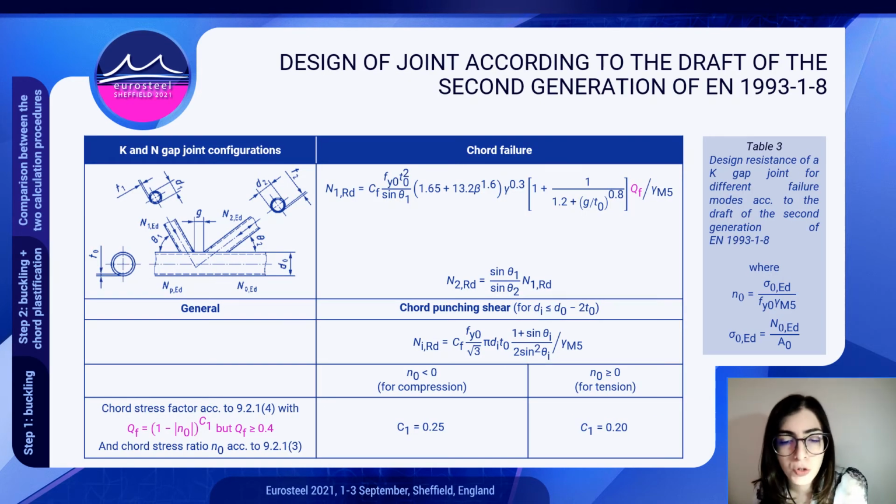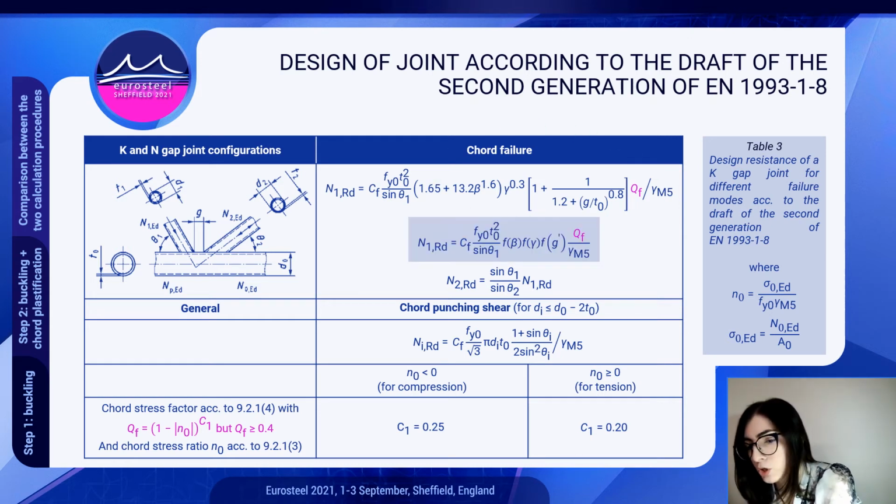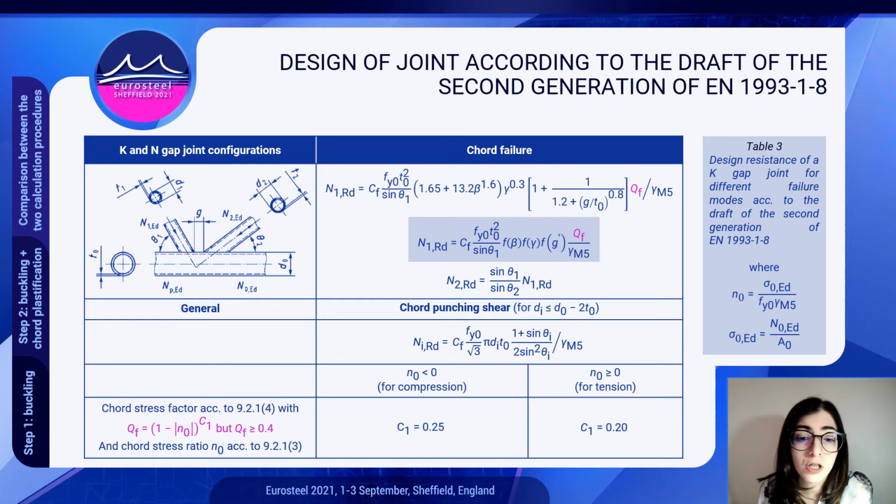This table shows formulas for determining the design resistance of a K-gap joint in accordance with the draft of the second generation of EN 1993 Part 1.8. This long expression can also be shown in this general form. Actually, if we know all the geometrical and material parameters of our joint, the only variable is this Qf function, the chord stress factor, which depends on the maximum level of the stress in the chord, but also on the